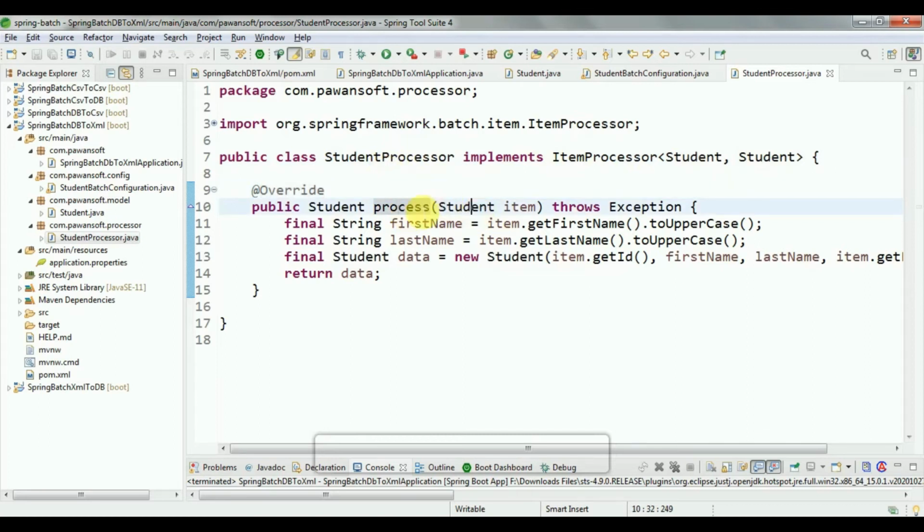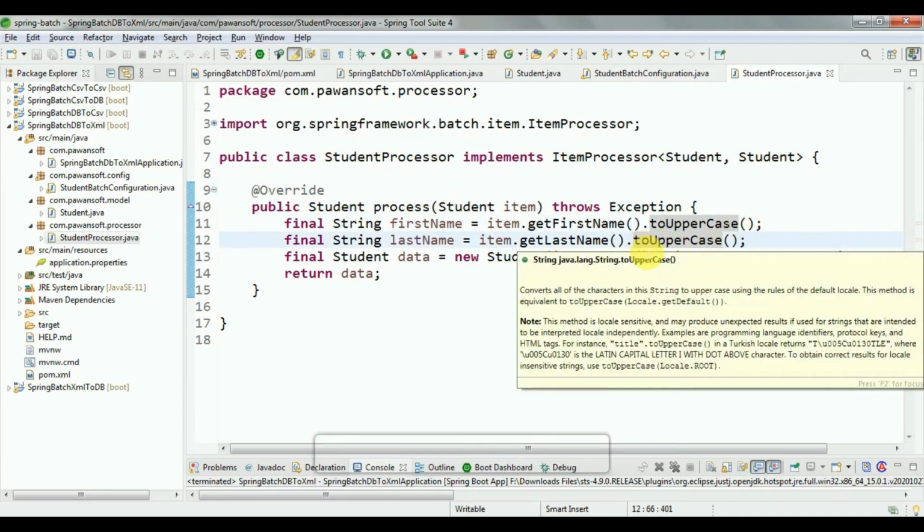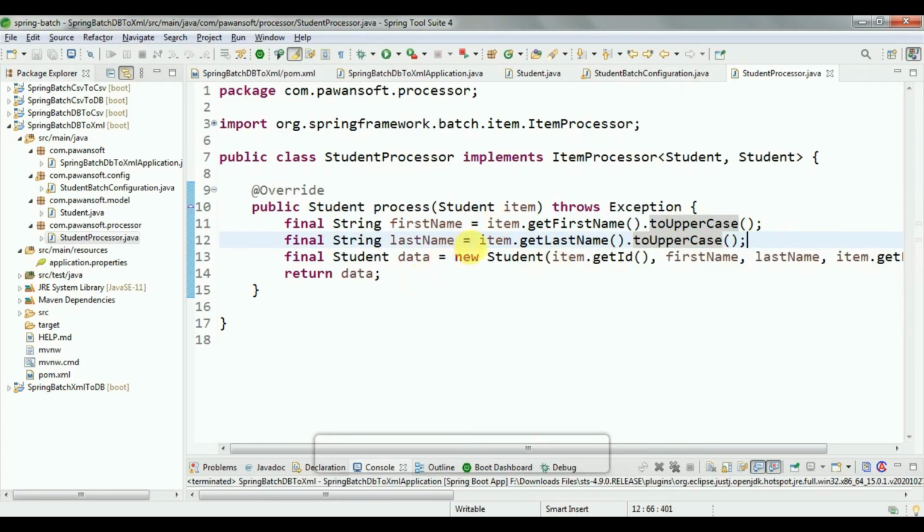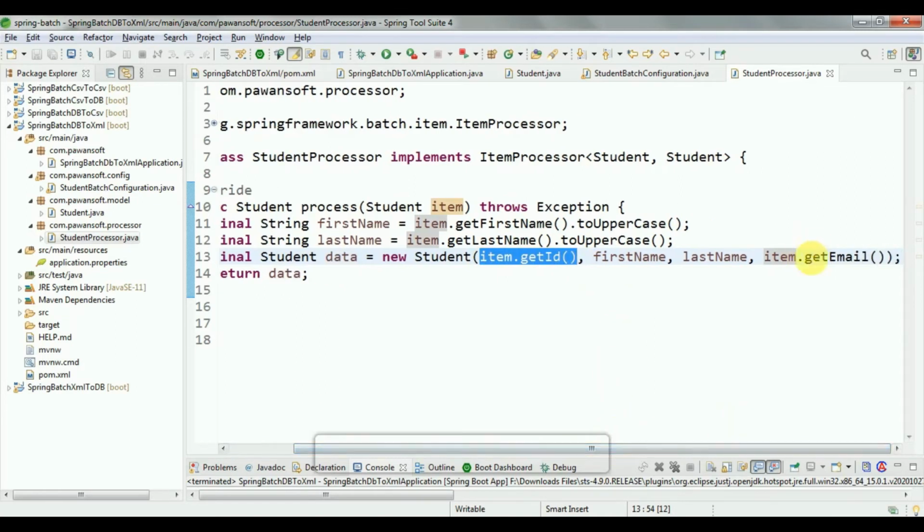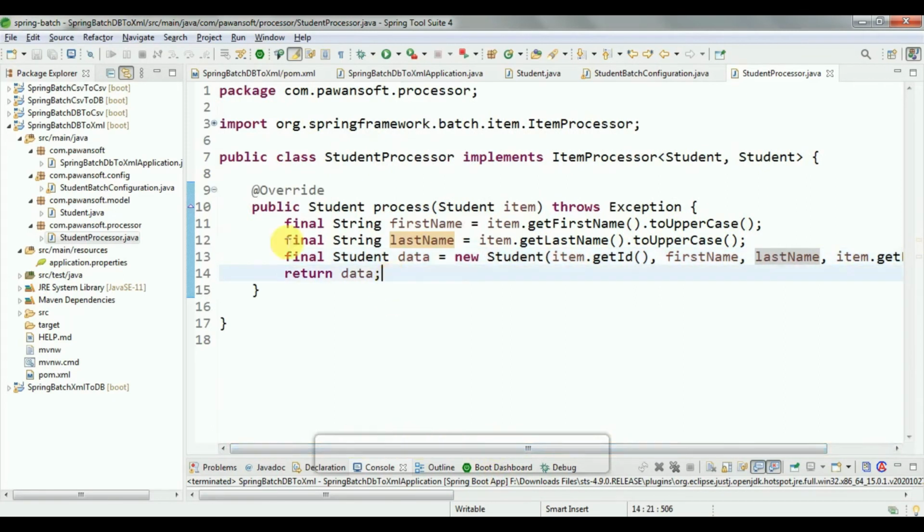Inside the process method, I am going to convert the first name and the last name to uppercase. According to your logic, you may have a different type of logic. In my case, I am simply converting the first name and last name to uppercase, and whatever ID I have, I return the same, and the email ID is returned the same. Only the first name and last name will be converted to uppercase. So this is the processor,